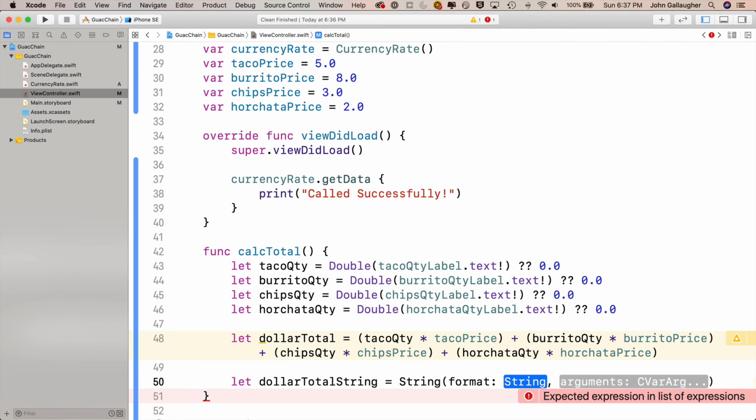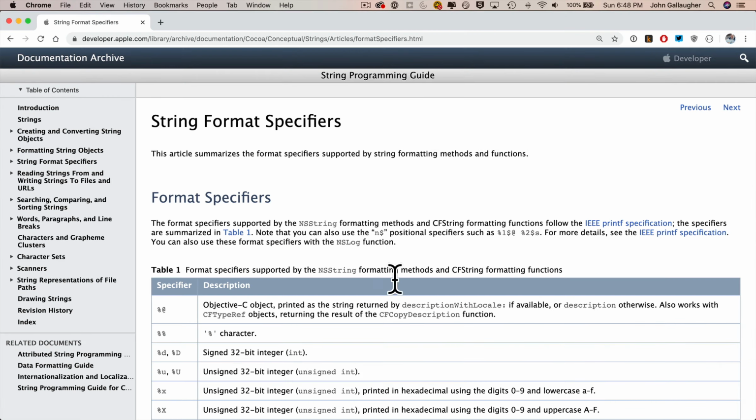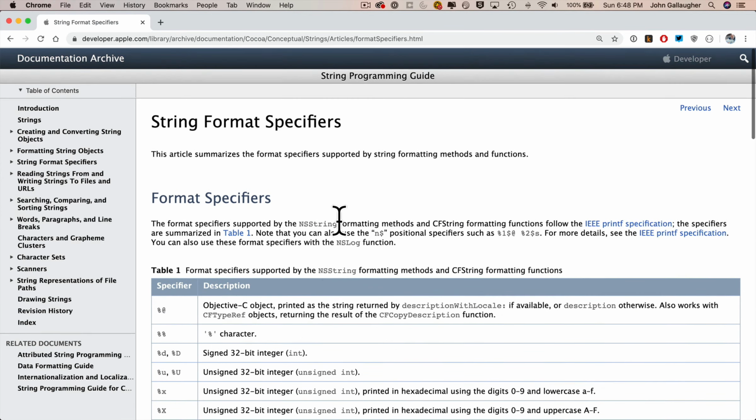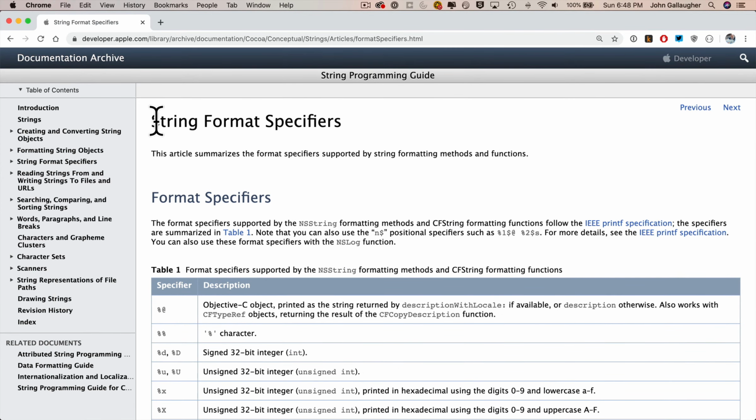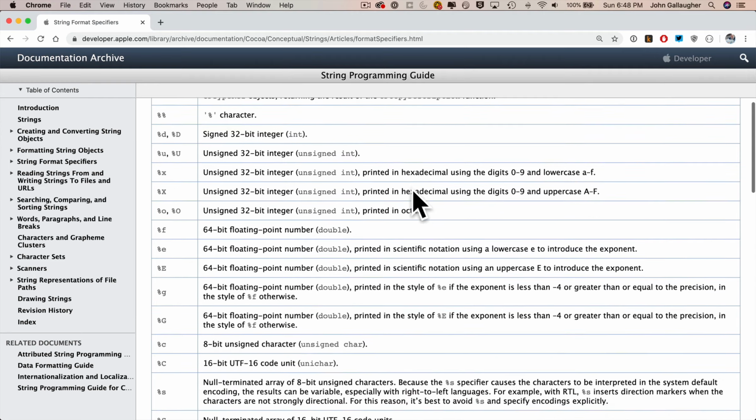So there's a standard called string specifiers that are used in lots of different programming languages. The ability to do this in Swift is a holdover from the Objective-C days. If you're curious about the specifiers, you can search online. There are a bunch of tutorials. Here's Apple's string format specifiers documentation, but I've given you the format specifier that you can